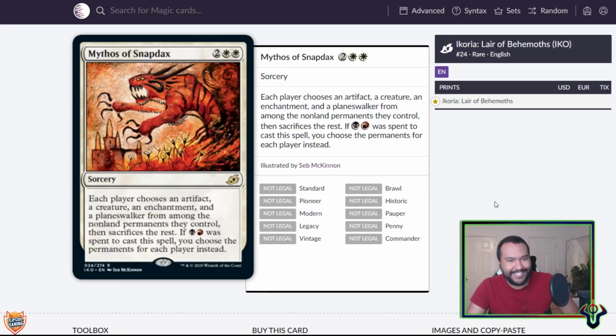Mythos of Snapdax. I still can't get over the dude's name, Snapdax. 4 mana, sorcery. Each player chooses an artifact, a creature, an enchantment, and a planeswalker from among non-land permanents they control, then sacrifices the rest. Okay. We've seen stuff like this before. This is very similar to